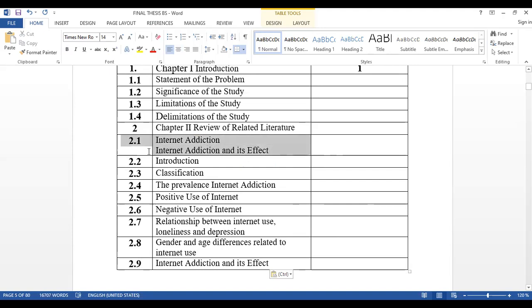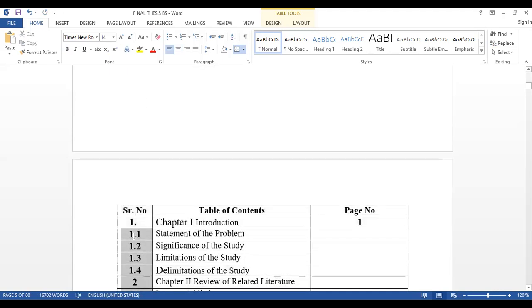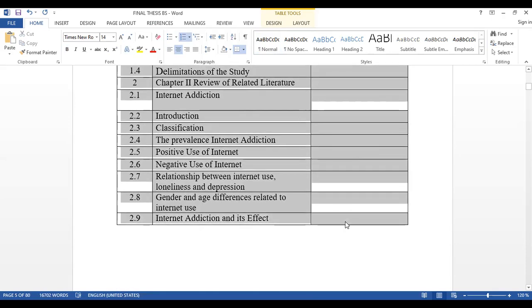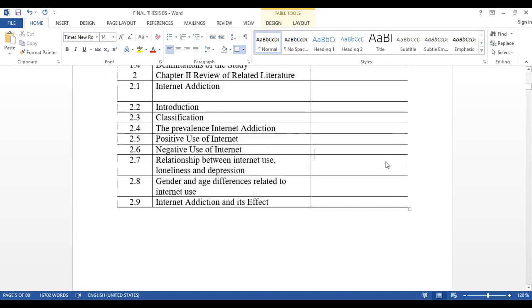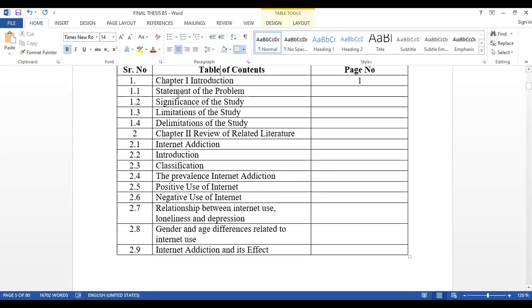And here you see the table of content is fully developed in a very good way. After that I unbold these items also because it's necessary, all three columns, in size 14 Times New Roman. So here I develop a good outlook of the table.